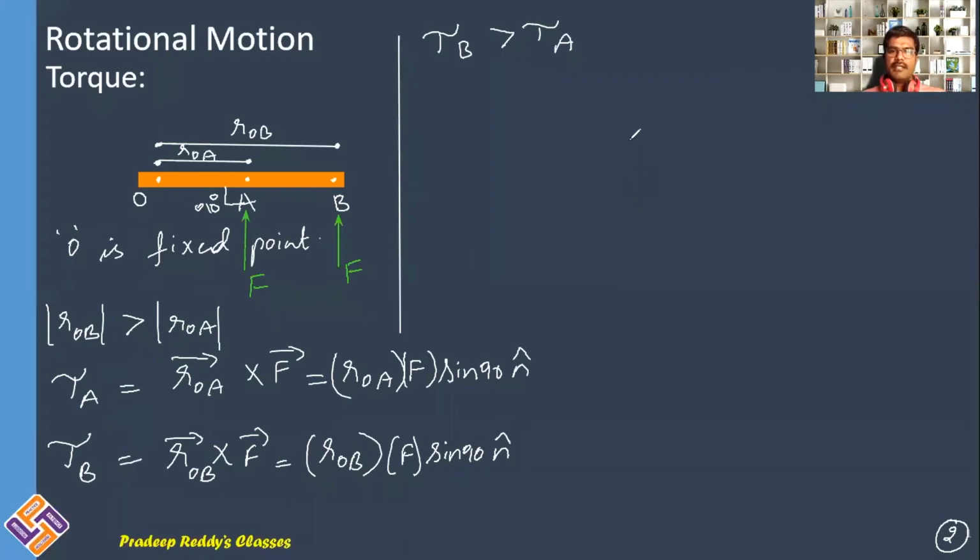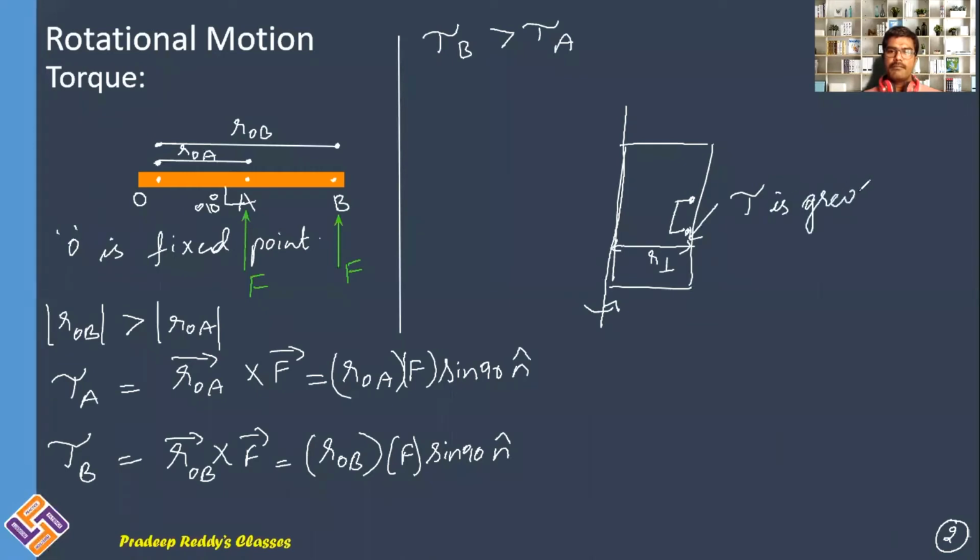So if you are considering a door, like usually this is the door, and here you will be provided with a hinge, and this is the axis of rotation. Okay, and this hinge is provided at perpendicular distance r perpendicular, because when you are acting force at this point, torque is greater. Torque is greater. That's the reason why this is called handle. The hinges are provided at the corners of the door in order to provide more rotational effect.